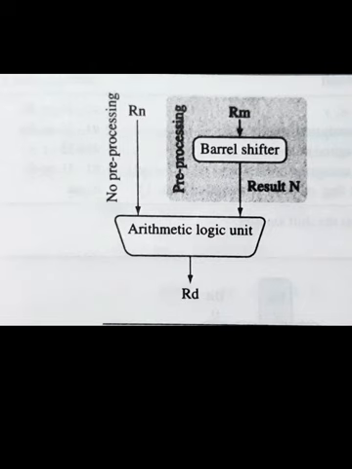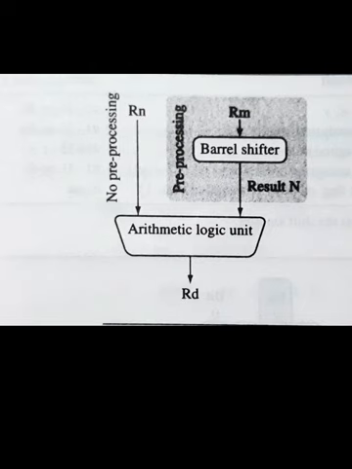There are data processing instructions that do not use the barrel shifter, for example multiply, count leading zeros, and the signed saturated 32-bit add instruction. Pre-processing or shifting occurs within the cycle time of the instruction. This is particularly useful for loading constants into registers and achieving fast multiplies or divisions by a power of 2.